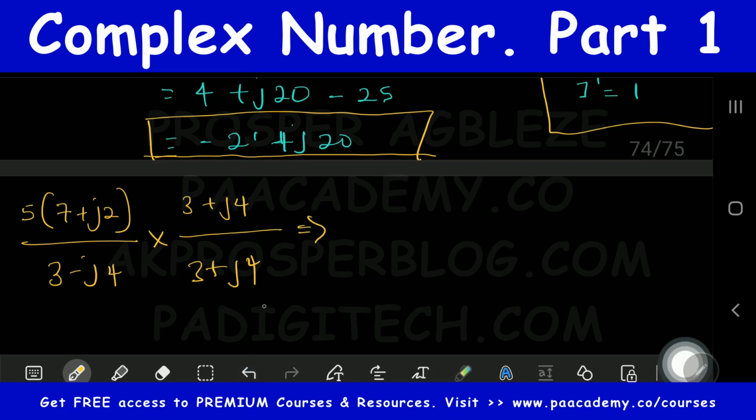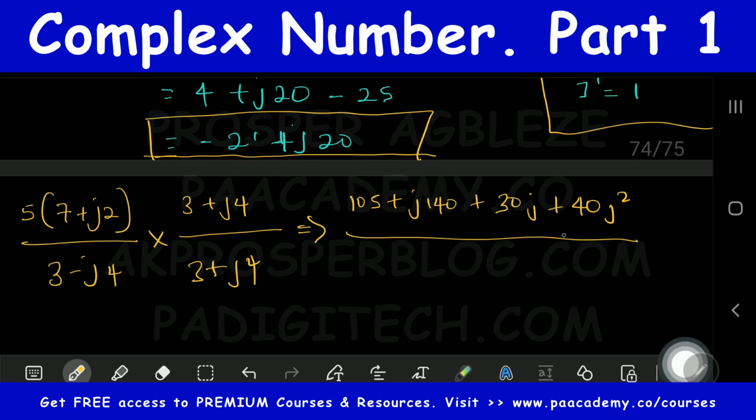Okay, so if you do this now, that means you are going to be multiplying the numerator and the denominator. If you do yours correctly, you are going to be having 105 plus j140 plus 30j plus 40j squared, divided by, for the denominator, this 3 multiplied by